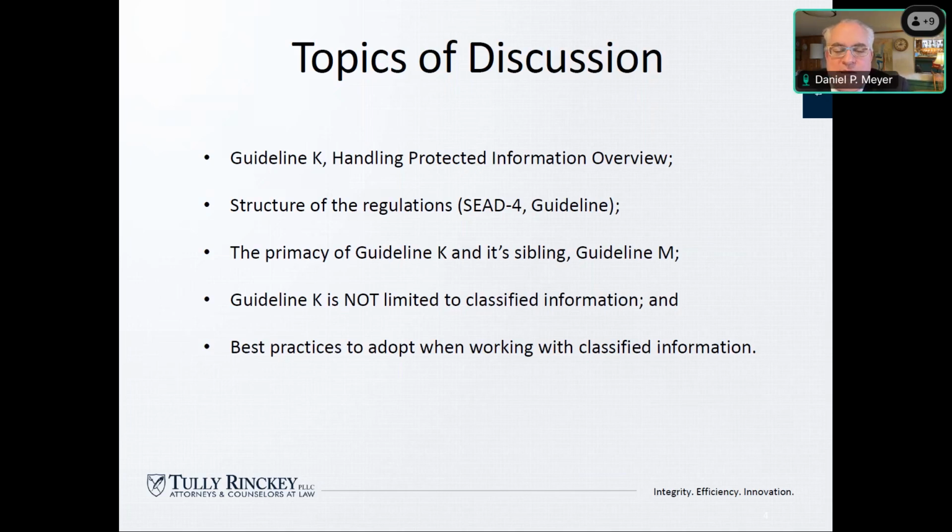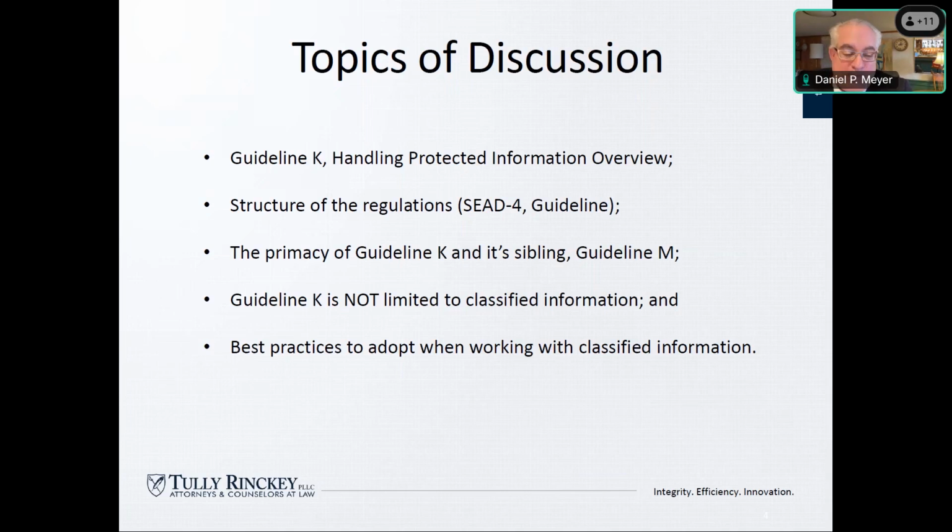Within that, there are two guidelines which are really key to the personnel security system. There's 13 overall, A through M, but it's K and M that security really places close attention to. The others are important, but they really are background to K and M. K is handling protected information. It's named that way for a very specific reason. It's not handling classified information. Your behavior with respect to protected information is also of concern to security.